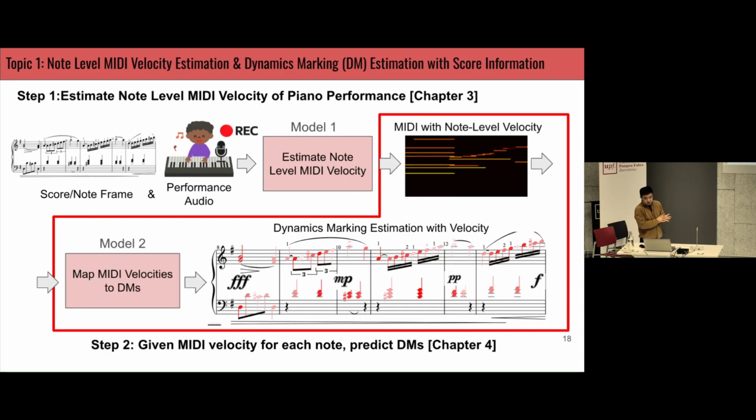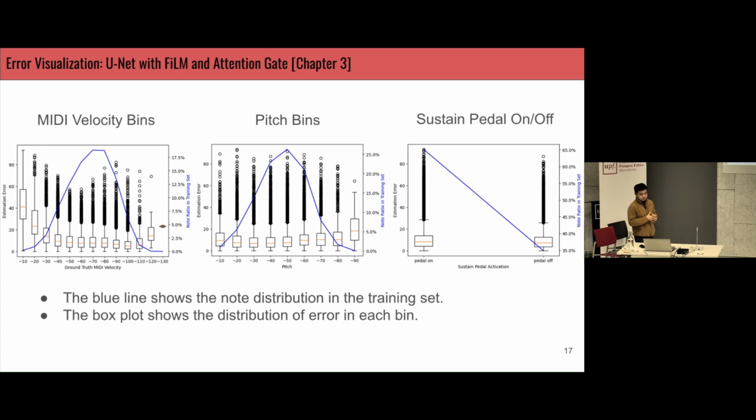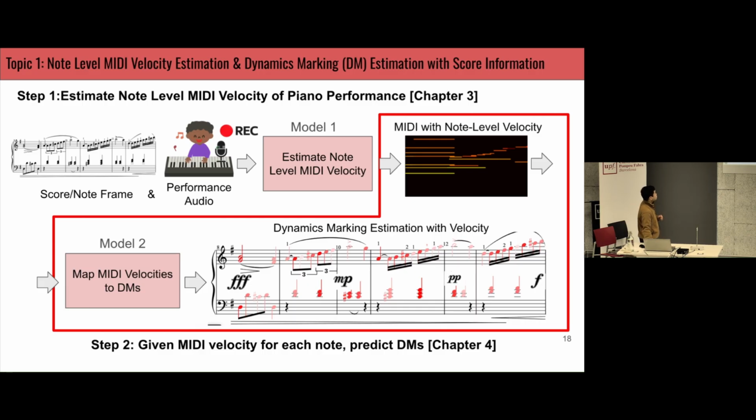As a summary, the main takeaways of this MIDI velocity estimation model are the exploration of DNN-based models and the achieved SOTA results in note-level MIDI velocity estimation by DNN methods. Data distribution management is needed as future work to tackle this kind of error. Now we move on to model 2.